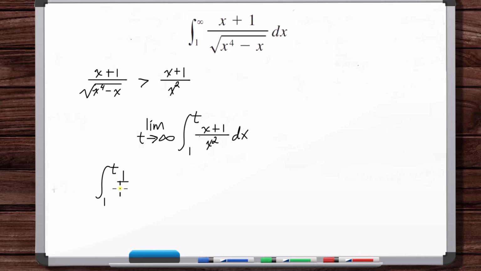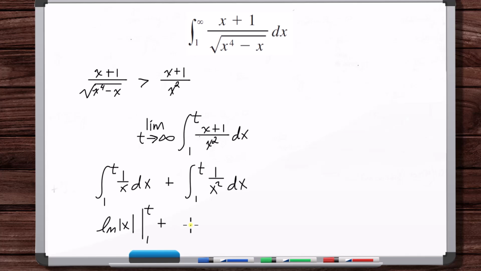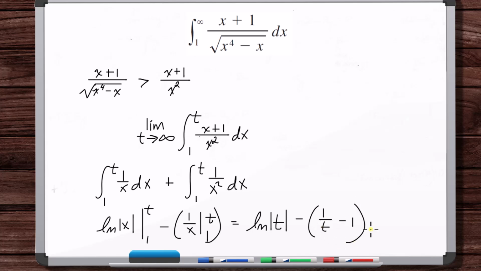We've got 1 over x dx plus, so natural log of the absolute value of x evaluated from 1 to t, plus the integral of 1 over x squared, which is minus 1 over x. So we've got natural log of the absolute value of t minus